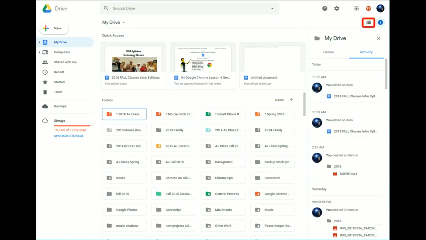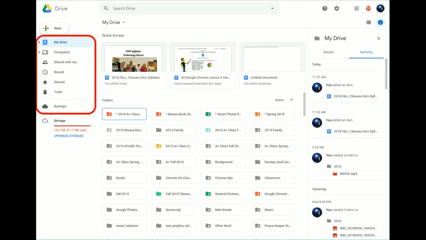The next small icon that we see is the list or grid view options. This will change the way that we see all of our files and folders from either the list or the grid view. The small blue circle with the small eye in it is the show or hide details about your work. This section shows the areas of our drive. The first one is My Drive, where you see the main drive.